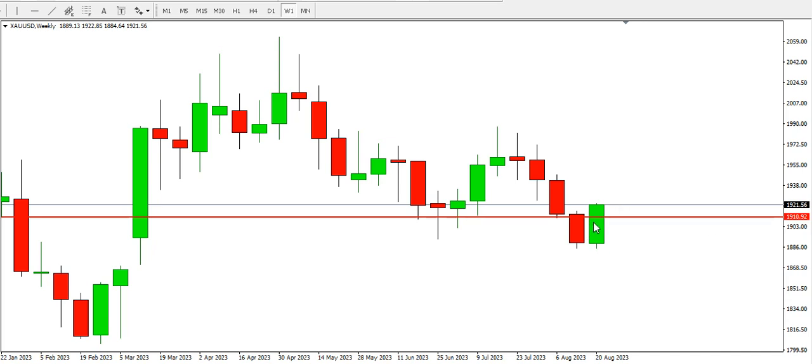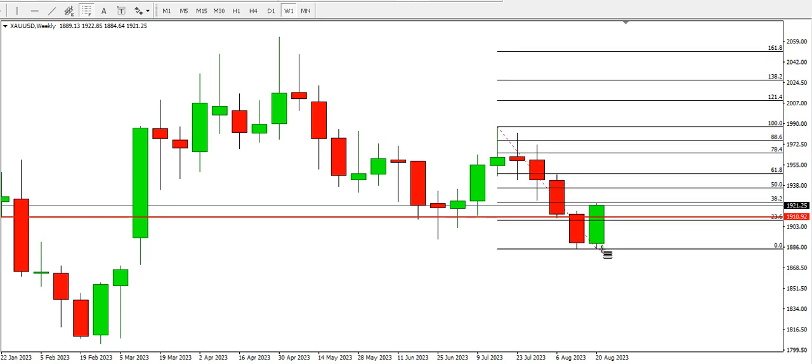Today is Thursday, the 24th of August, and we can see the formation of a bullish engulfing candlestick around this point. But the week is not over yet. It depends on the point at which the week closes. If the week closes around this point, then we have a bullish engulfing, and we might expect price to go up to some extent. So if price is going to go up, looking at this particular swing, we might see price getting